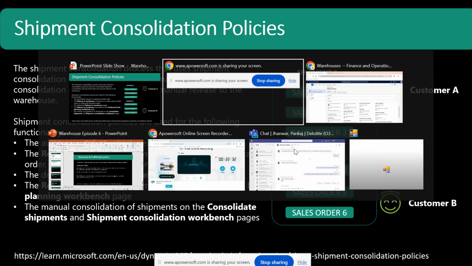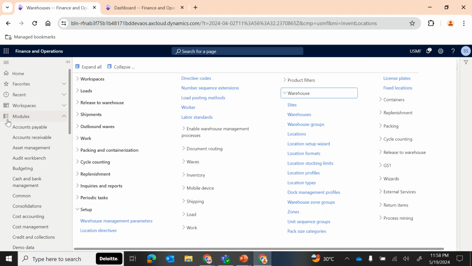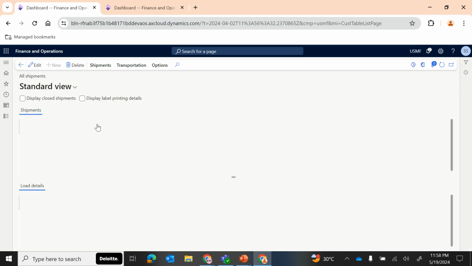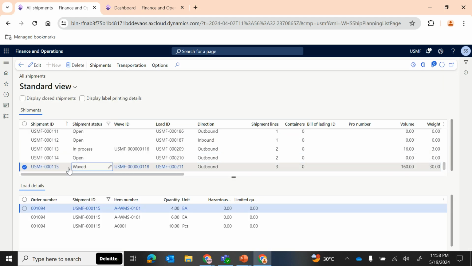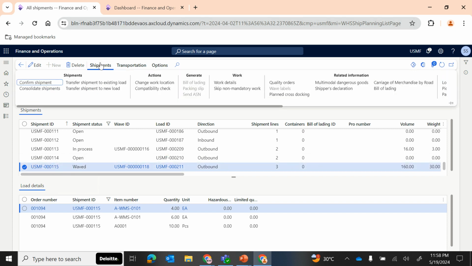If we get into the D365 screen, I'll show you all shipments. This is the shipment which we created right now. So from the shipment form also, we will be able to consolidate the shipment. If you want to consolidate the shipments and then proceed with processing, that should be absolutely fine. You will be able to consolidate it,